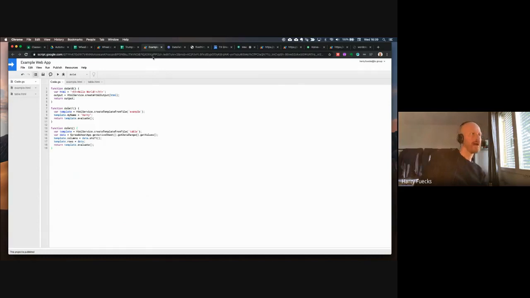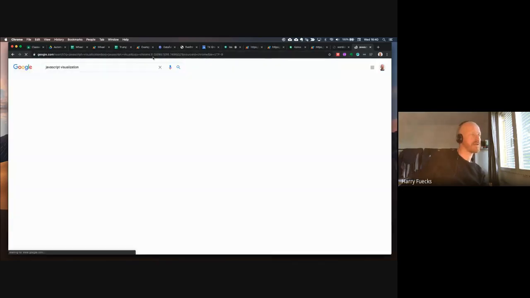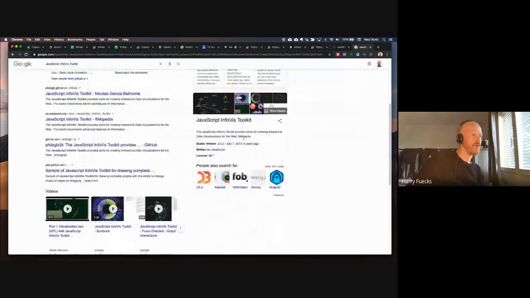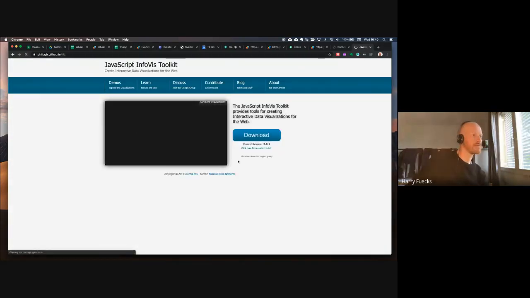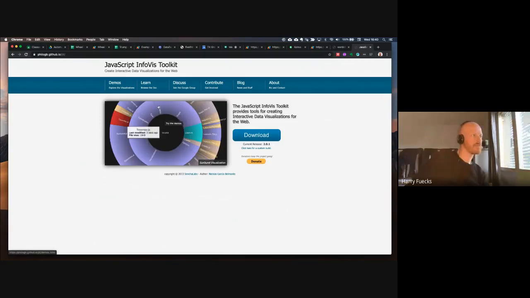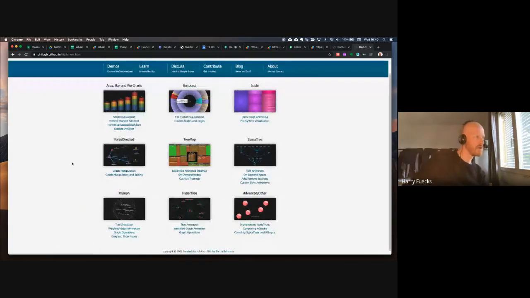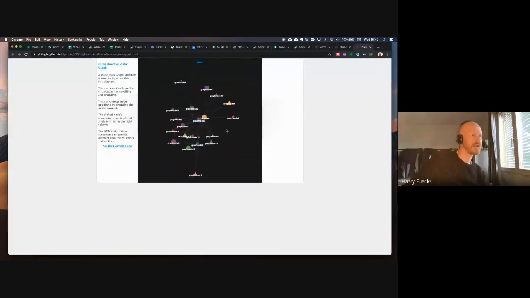And maybe actually one other thing. There are various libraries for doing all kinds of cool visualizations. Like D3 is a famous one, or this InfoVis. So with this, you can do stuff like this cloud for visualizing data, or you can have, if you wanted to show a network of connections,